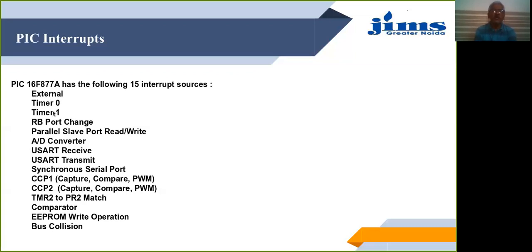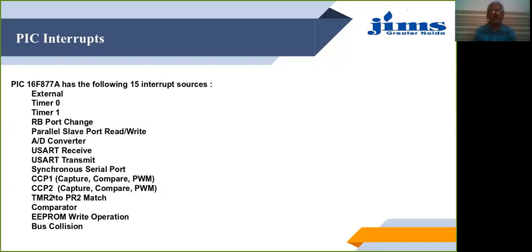This can come from the timers, that is timer 0 and timer 1. It can come from the port B change, a status change on port B. It can come from the parallel slave port read and write operation. It can be through the A to D converter operation, whether the A to D conversion operation has been completed or not. Then UART receive and transmit types of interrupt, synchronous serial port, then capture, compare, and the PWM